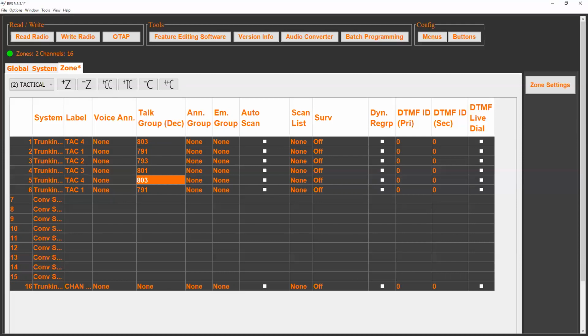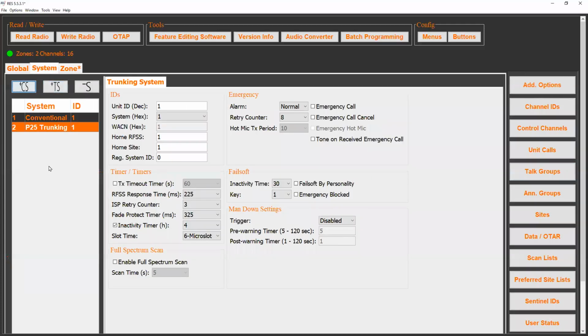So we've got a question asking, does BK support ISSI roaming, and how would that be programmed? So we do support ISSI programming, and it's pretty much programmed from the system tab. Your system key is going to be configured with what we call the wildcard under the system here. And that will allow it to do what's called inter-WACN roaming, so that it roams across just the same WACN,